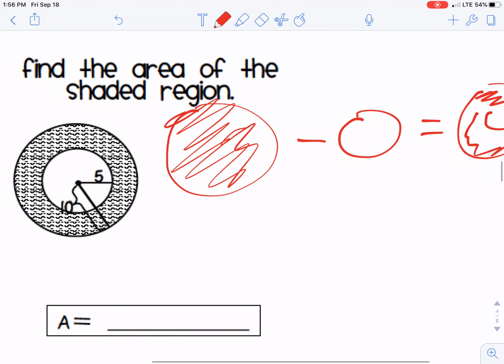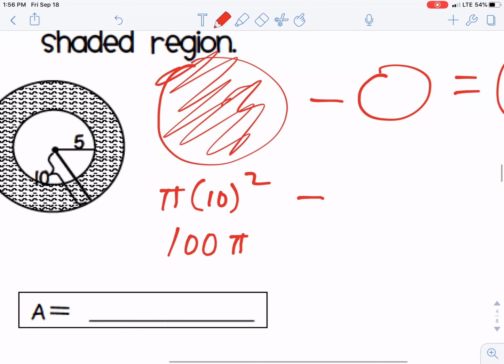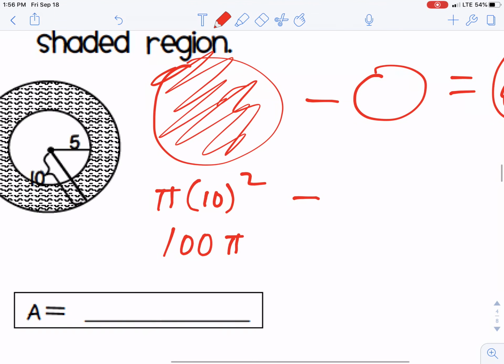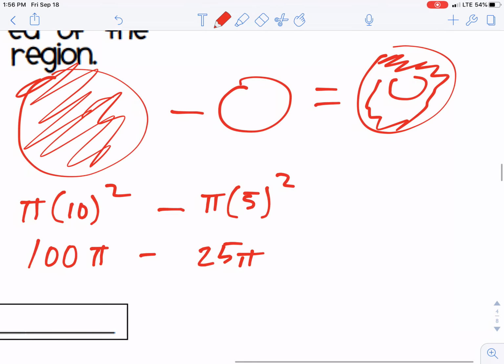So we're going to take the area of the bigger piece, subtract out the area of the smaller piece. Well, they give us the diameter of the bigger piece is 10, so we're going to do pi times 10 squared, or 100 pi. We're going to subtract out the area of the smaller circle. The radius of the smaller circle is 5, so pi times 5 squared, which is 25 pi. Subtract them out. That'll give us the area of the entire donut, which is 75 pi,